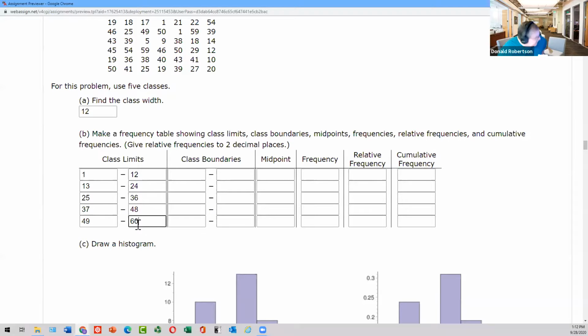Now, here's the final check that this is good. Does this group here contain the biggest number? Yes, the biggest number is 59, and 60 is bigger than 50. Exactly, right? Let's just suppose I screwed up and the last group was 48 to 58. If the last number in your last group doesn't contain the biggest number, then you've either screwed up your